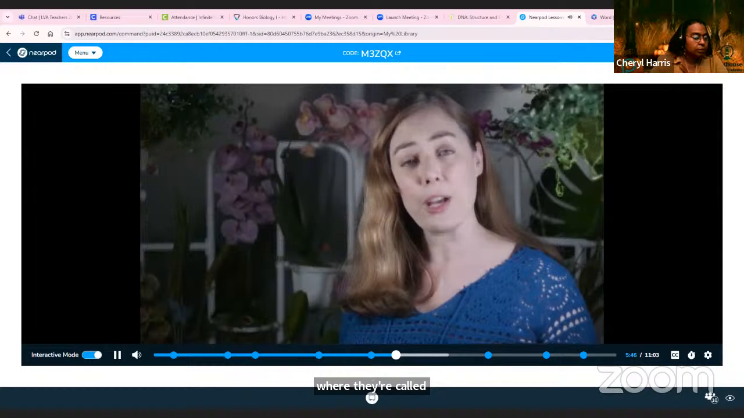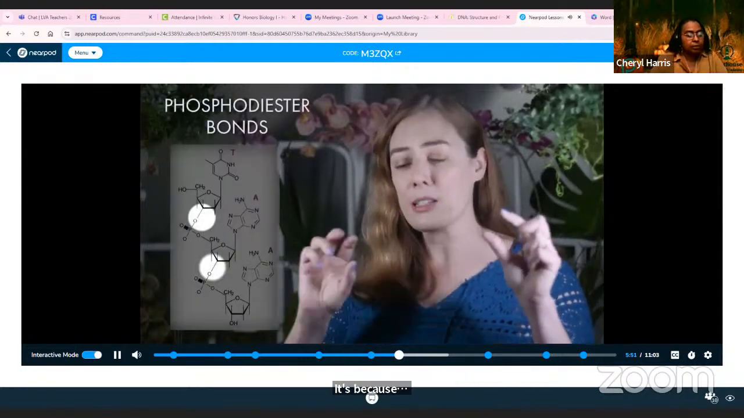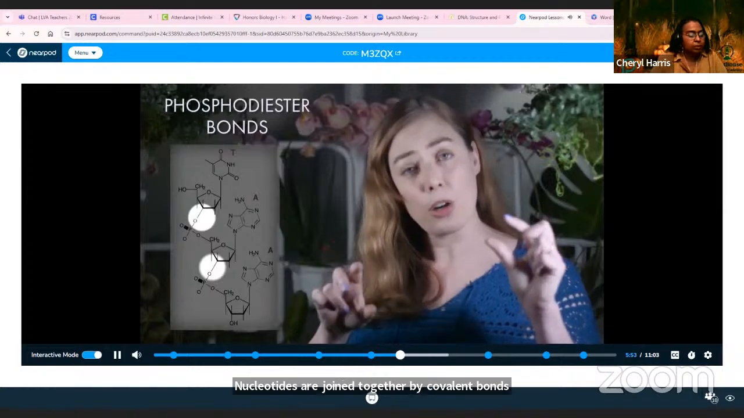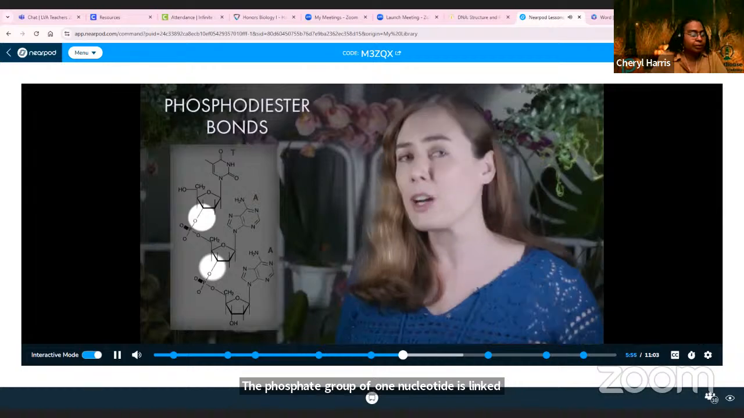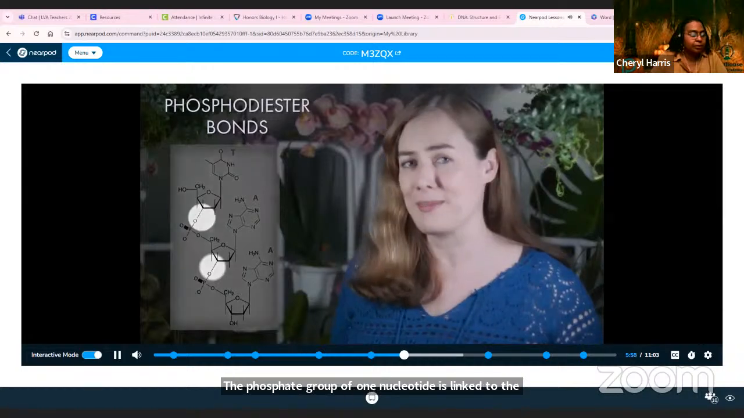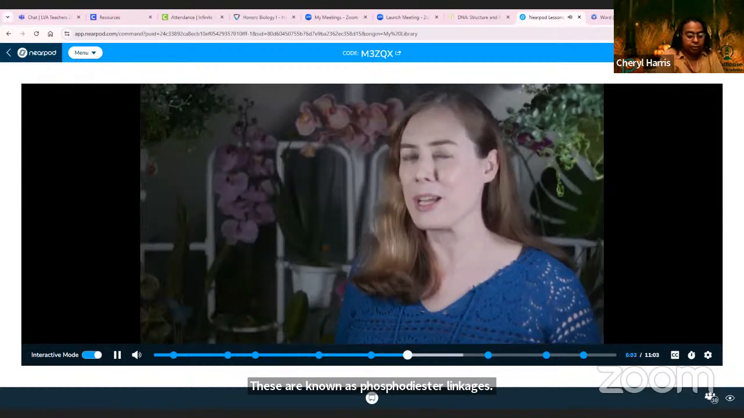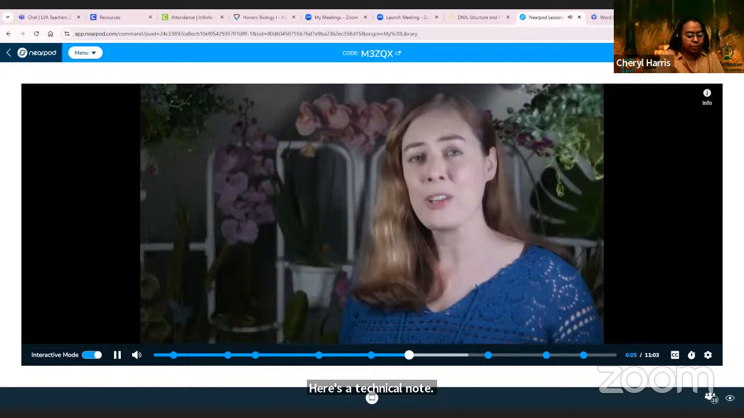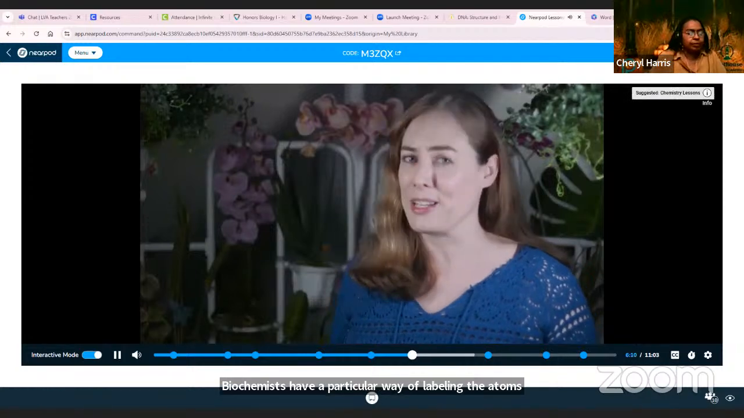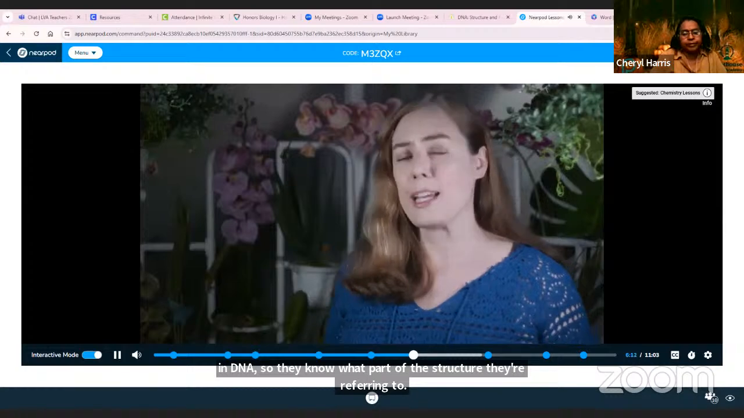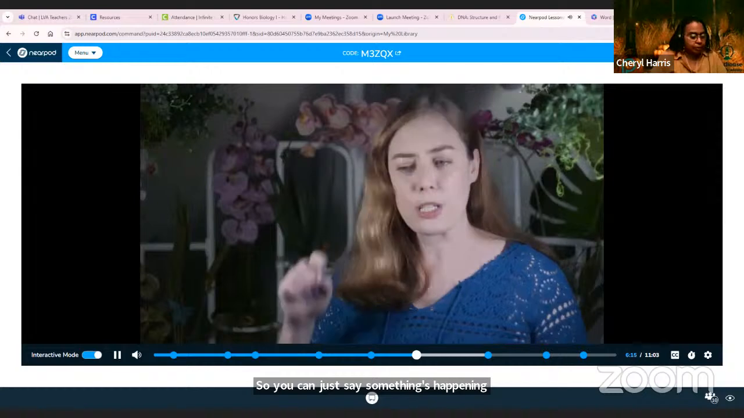Nucleotides are joined together by covalent bonds. The phosphate group of one nucleotide is linked to the hydroxyl group on the sugar of the next nucleotide. These are known as phosphodiester linkages. Here's a technical note. Biochemists have a particular way of labeling the atoms in DNA so they know what part of the structure they're referring to. This is an important shorthand. So you can just say something's happening at C5, for example,